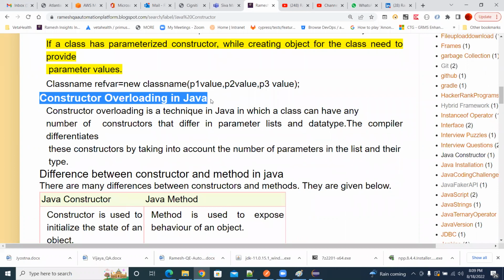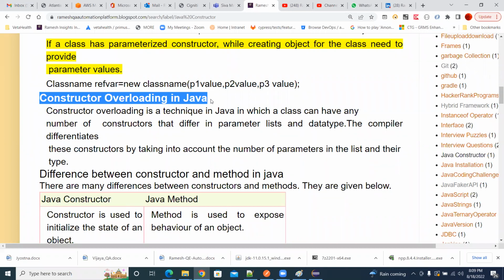But how will it differentiate one constructor from another? With the parameter list. One you can create without parameters, that's a default constructor. The second, a one-parameter constructor. Third, two parameters. Fourth, three parameters. So the parameter list will vary, but the constructor name is the same. That is called